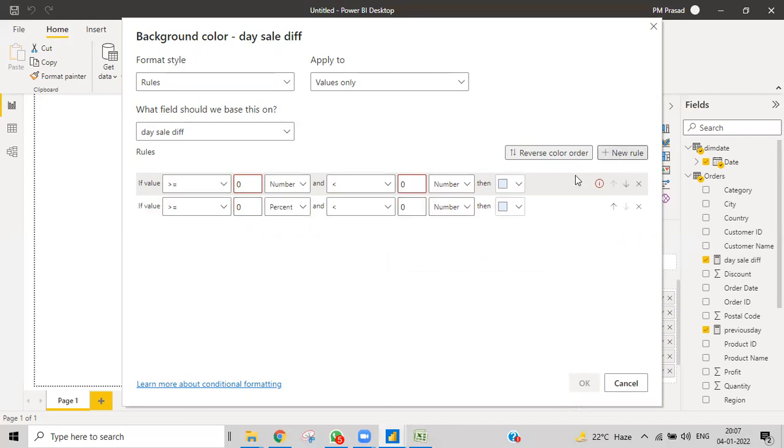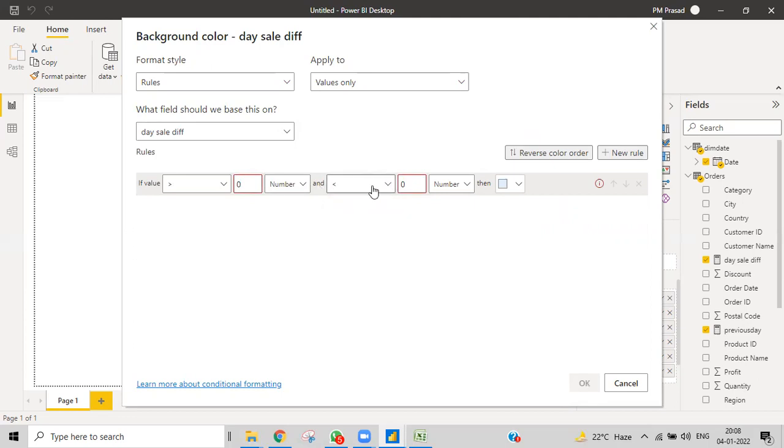Then one more rule: if it is greater than 0, I want to delete this one and show it. It is greater than 0 as a number, and then less than some value. I don't want to give that again.